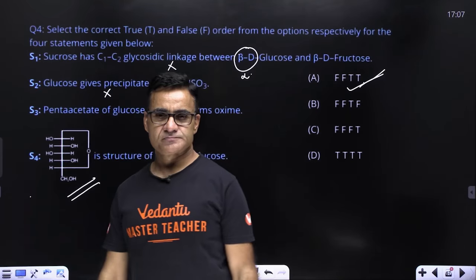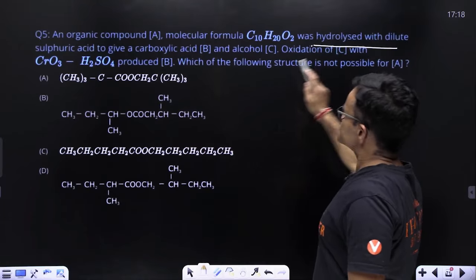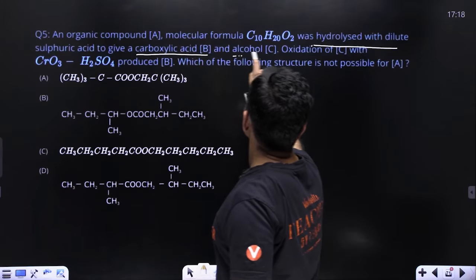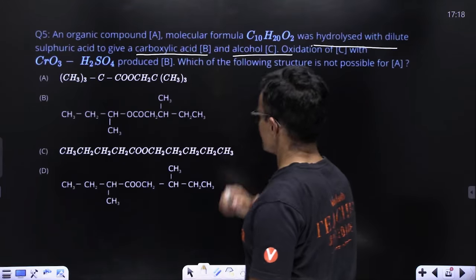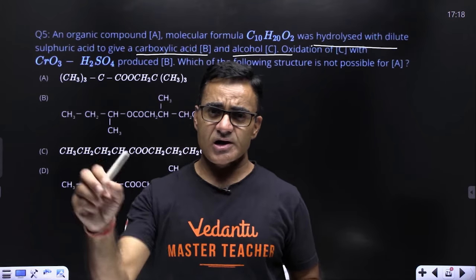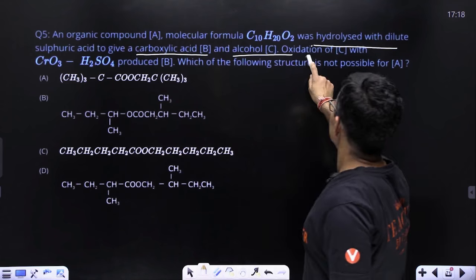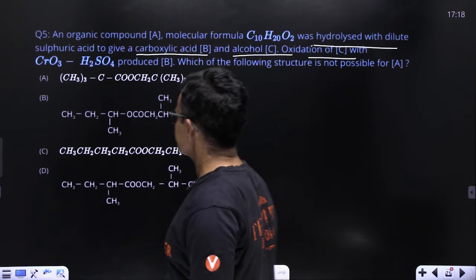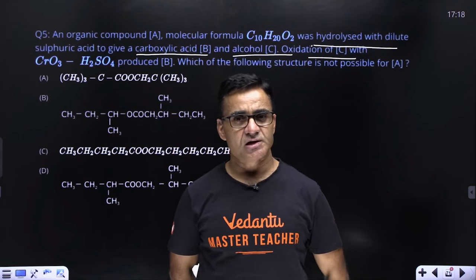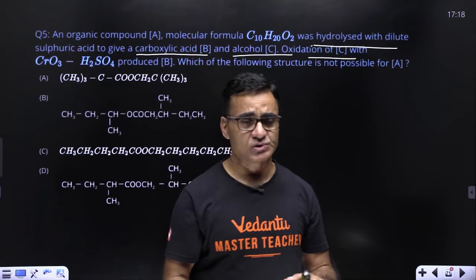All right. An organic compound A, molecular formula given है, was hydrolyzed with dilute sulfuric acid to give a carboxylic acid and alcohol. तो एक बात तो तय हो गया कि the given compound is expected to be ester. Ester का hydrolysis product alcohol और acid होता है, all right. But एक और बात दिया हुआ है, oxidation of compound C with CrO3/H2SO4 gives B, that means अल्कोहल और एसिड दोनों पार्ट के अंदर नंबर ऑफ कार्बन एटम सेम है, बिकॉज ऑक्सीडेशन में कार्बन एटम का चेंज नहीं होता।